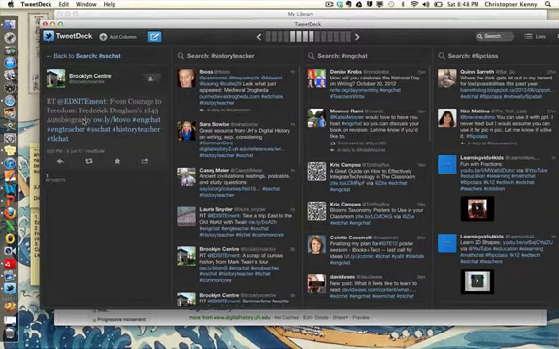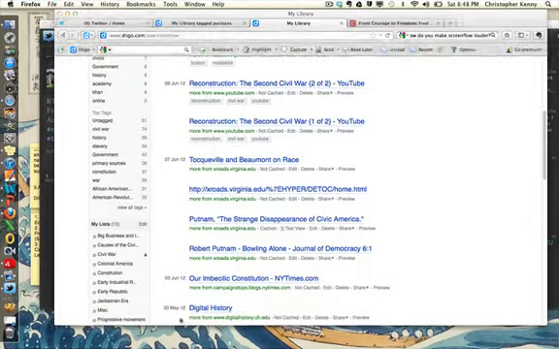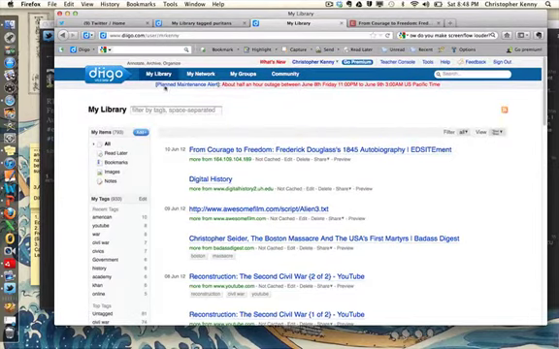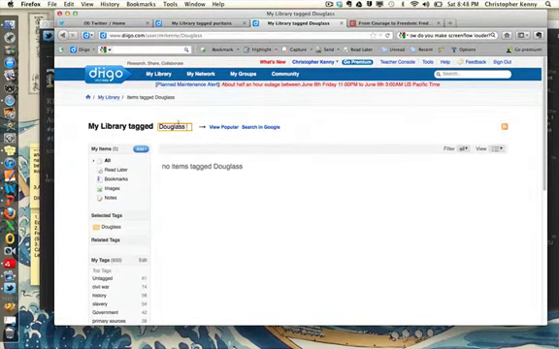Saving it on Diigo from my TweetDeck is a nice way to have ammunition stored up over the last couple of years and have something to draw from when I hit Frederick Douglass next year. So for example, if I come back to my Diigo account and write Douglass just to search for it, oh, there's nothing there. But if I put slavery,